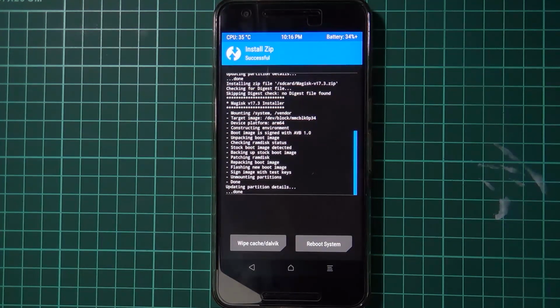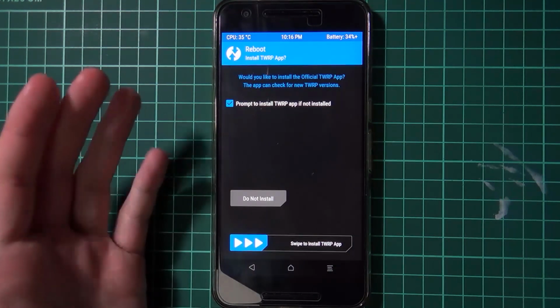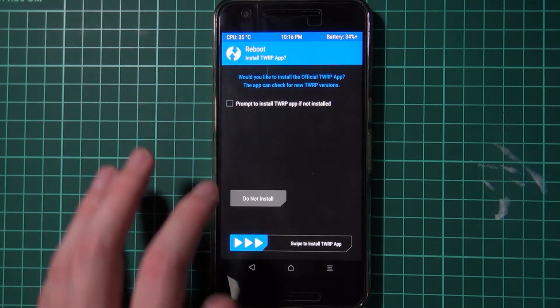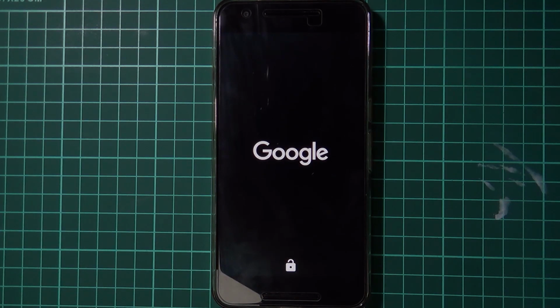Okay, so now Magisk has finished, and if you're done with flashing everything else, you can now go ahead and reboot the system. Now, if you're prompted to install the TWRP app, of course you can if you want to, but I prefer minimal stuff on my phone, so I'm going to uncheck that and press Do Not Install. Now we should wait for our phone to turn on, and if you used the Workaround Injector for the boot loop of death, your phone may take a little bit extra to turn on since it's only using